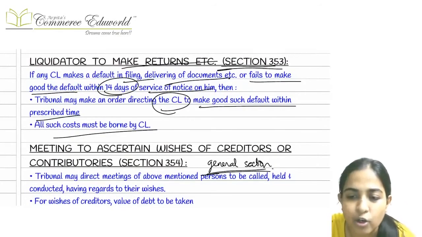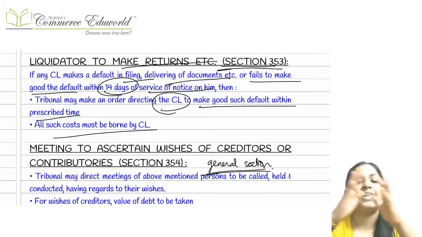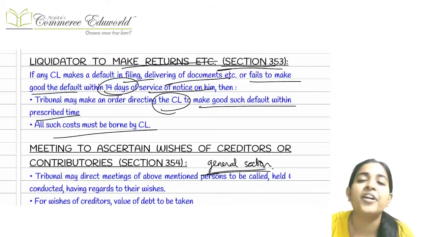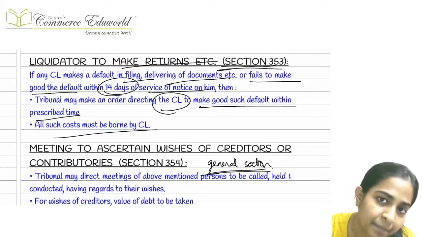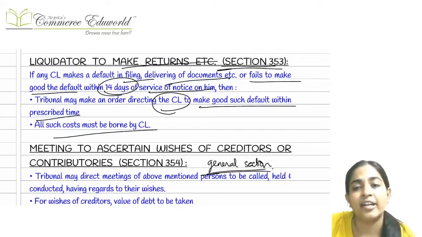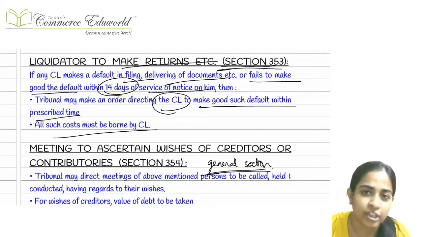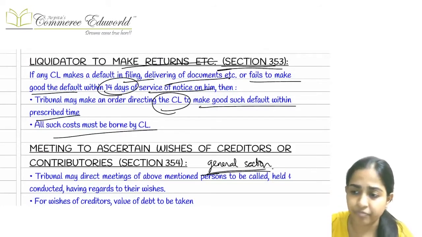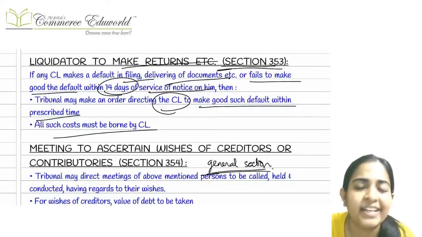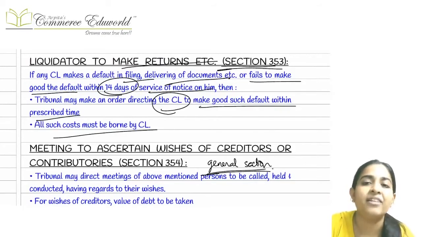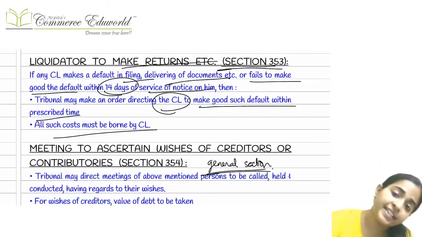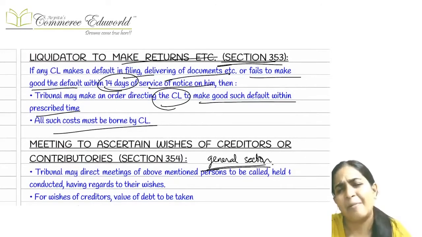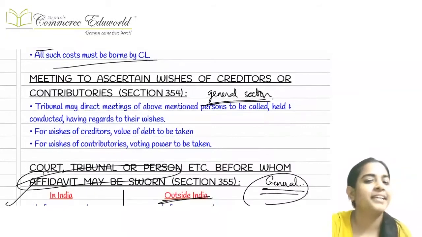Okay, and just to keep control on all these things, the liquidator is supposed to submit returns to the tribunal from time to time. If the liquidator does not submit them before the due date, then he will get a warning from the tribunal to submit them within a period of 14 days. If he still does not submit the returns etc. within 14 days from the due date, then he will be liable for penalties. No issues in that, right?